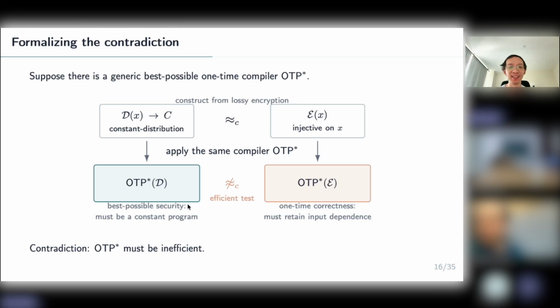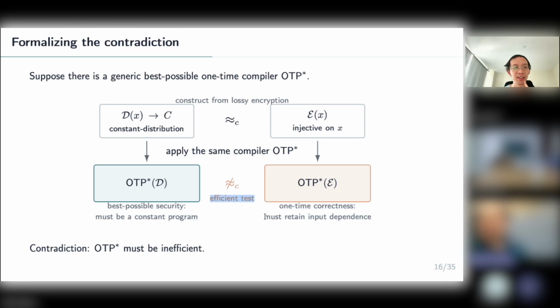The answer is no, and the reason is the part of the impossibility proof that I didn't tell you. I claim that there is an efficient test that distinguishes a constant program from a non-constant program using one single query. That is the part that breaks down when you have hardware assumptions or NISC. Because here, what you do in the efficient test is use a superposition query to test whether the output is constant or not. So this is the part that will break down when you have hardware assumptions or NISC assumptions.